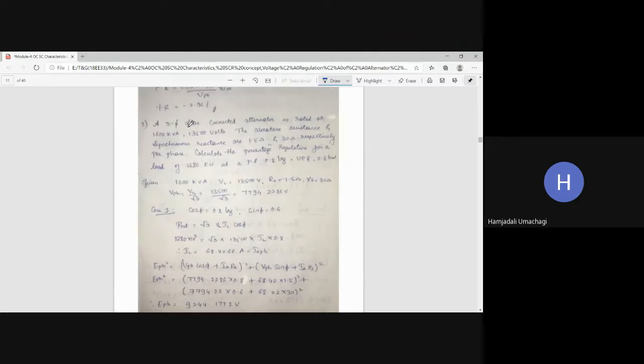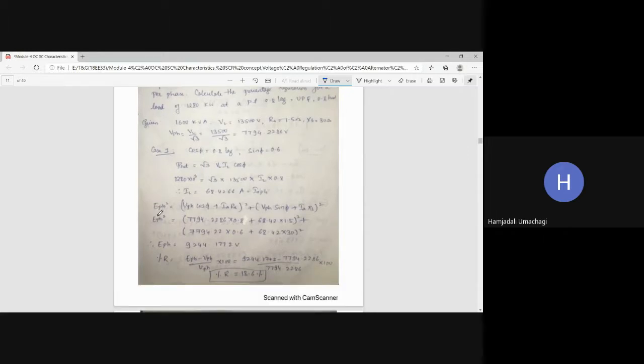68.4266 ampere. So this is my line current value, but the alternator is connected in what fashion? It is connected with star connection. In star connection, we know that line current is equal to phase current. So here line current is equal to armature phase current value, that is IAPH. So now this is my IA value for case 1 with cos phi equal to 0.8 lag.